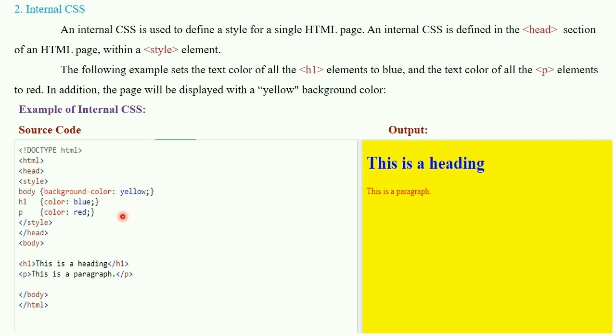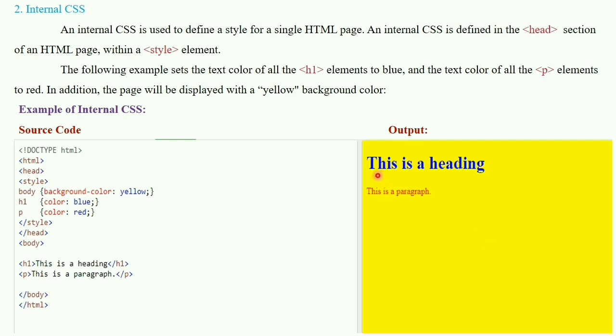The yellow color appears on the web page with this selector and declaration block. Here you can see selector body contains property background color having the value yellow. So this web page has background color yellow.